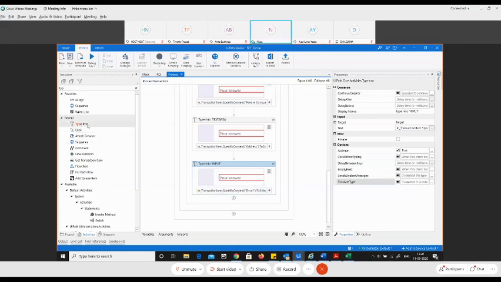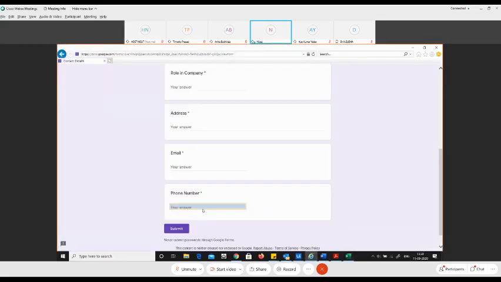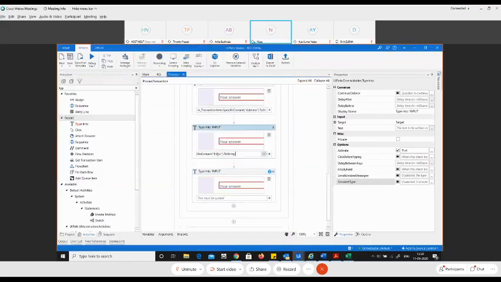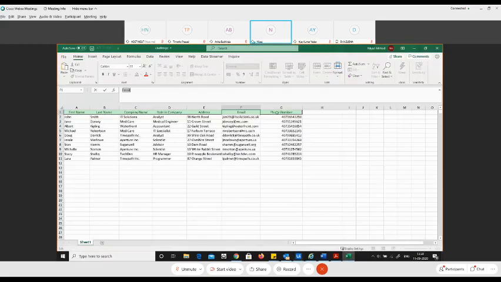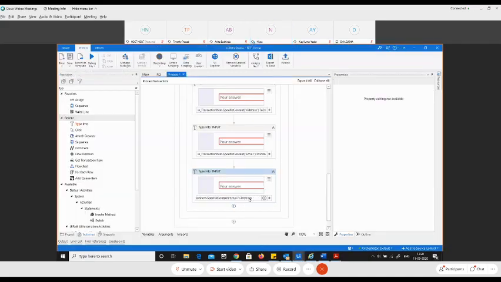Now we have only one field left, that is the phone number. So let us go ahead and indicate the phone number. And let us use the same TransactionItem dot SpecificContent, and let us copy the phone number from the Excel sheet over here. Awesome. So there you go.